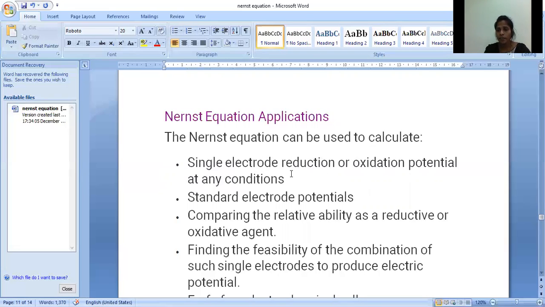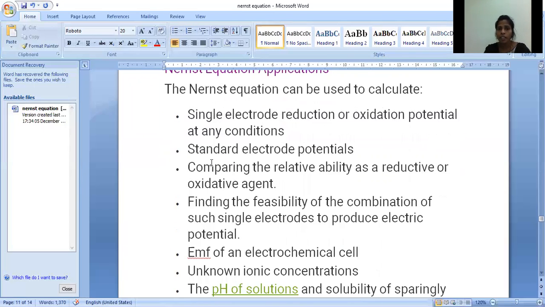So E red is equal to E naught red minus 2.303 RT by NF log K. So by using Nernst equation, we can find single electrode reduction or oxidation potential. Standard electrode potentials, we can find even standard electrode potential values also at equilibrium conditions. Comparing relative ability as a reducing or oxidizing agent, and finding the feasibility of the combination of such single electrodes